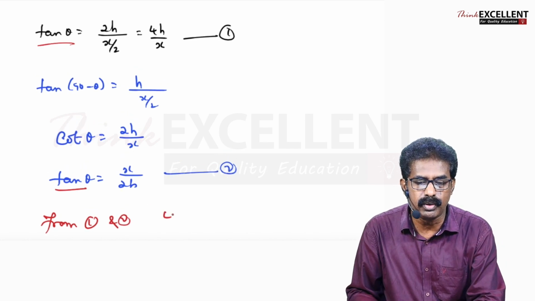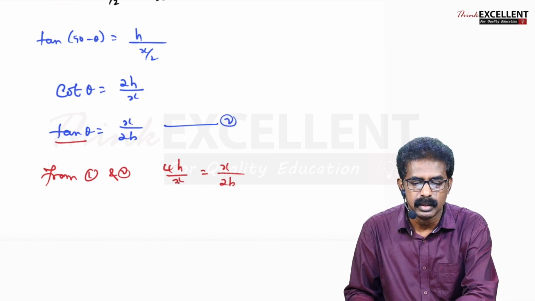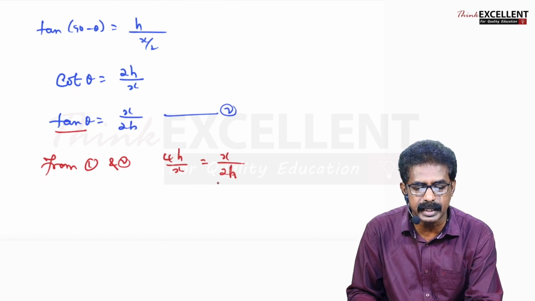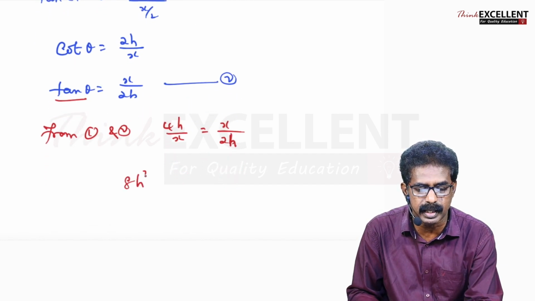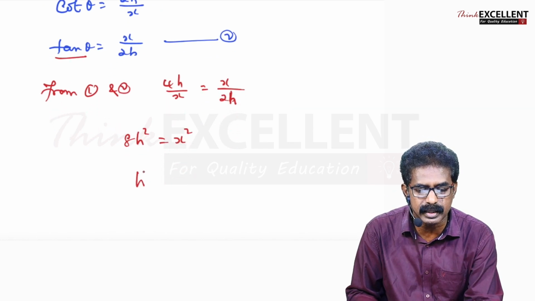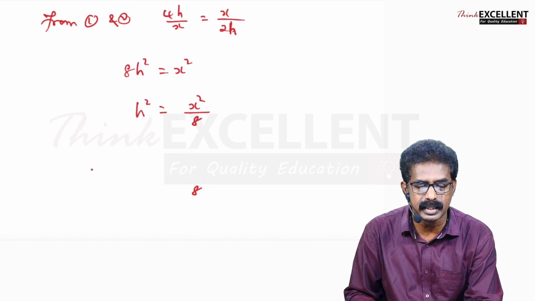Right sides: 4h by x is equal to x by 2h. Cross multiply. If you multiply 4 into 2, 8h square is equal to x square. So h square is equal to x square by 8. Take root of that. So what do you get? h is equal to